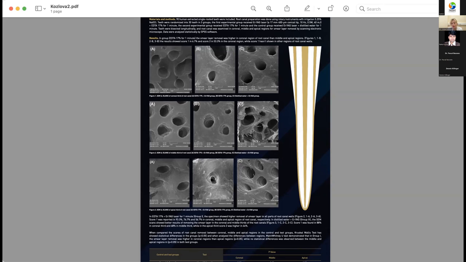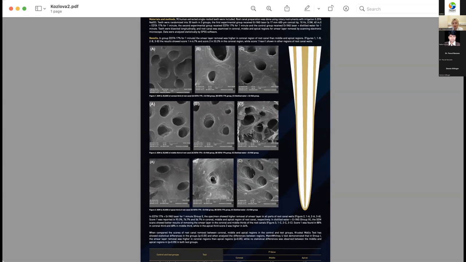In conclusion, within the limitation of this study, erbium YAG laser improved the results of root canal disinfection when it was combined with EDTA 70% and distilled water for 1 minute, due to the activation of the irrigant inside the root canal without any thermal effect, because for us, as clinicians, it's very important. The removal of smear layer and debris was better in all parts of the root canal walls, and that enhances